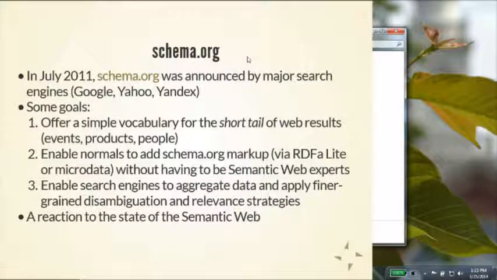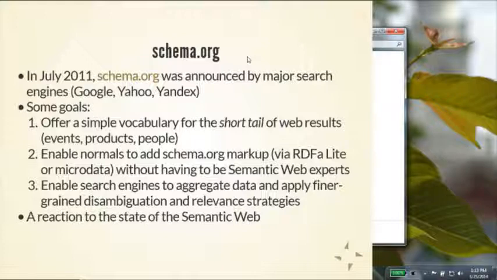Schema.org was an initiative by the major search engines agreeing on a common vocabulary for describing things. They saw the world of the semantic web maybe sort of the same way that I did, where it was a really academically interesting space, but really difficult for normal people to use and adopt in day-to-day web markup. So they're really interested in the short tail of web results, things like events, what's an upcoming band that's going to be playing in your town, products, because they can make money off of advertising, obviously, but it's something that we look for on a daily basis through things like Amazon. We should be able to do aggregated searches across those.